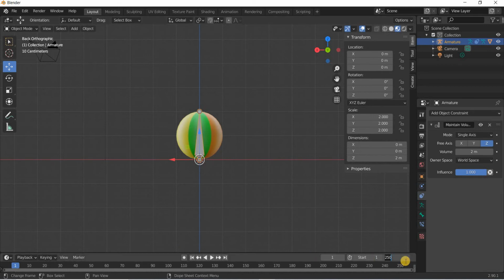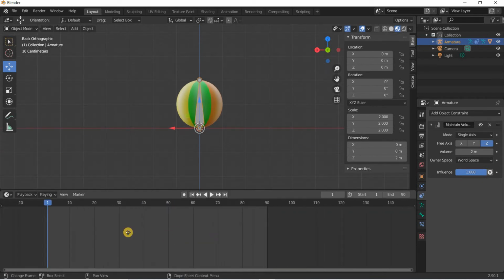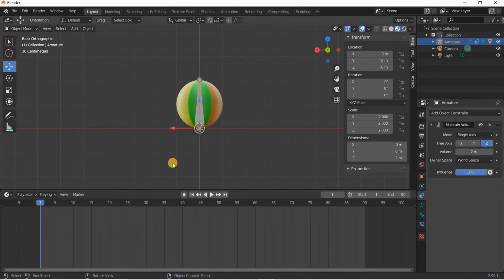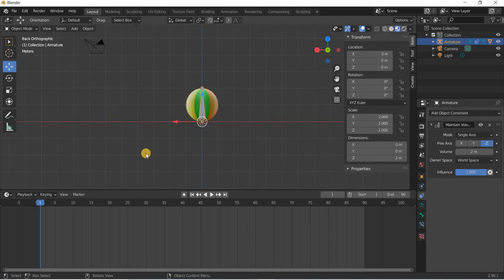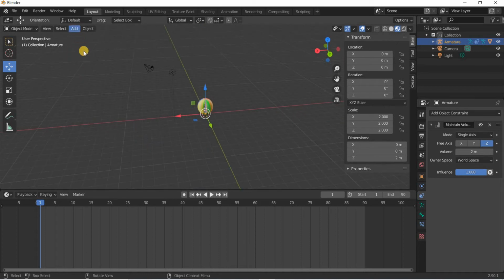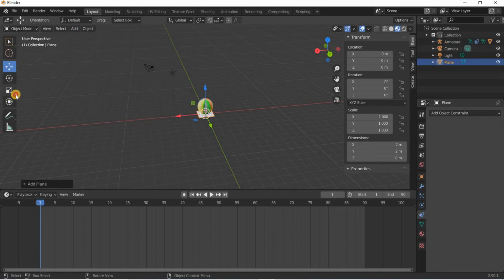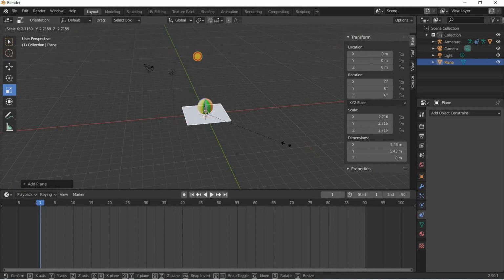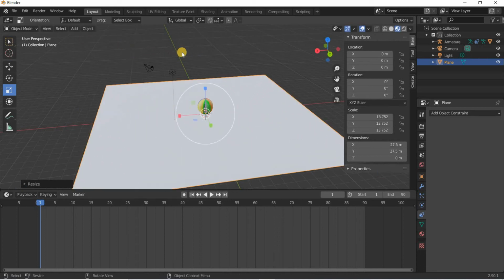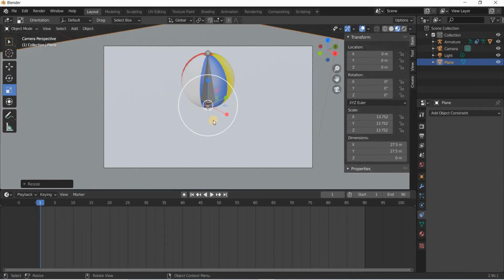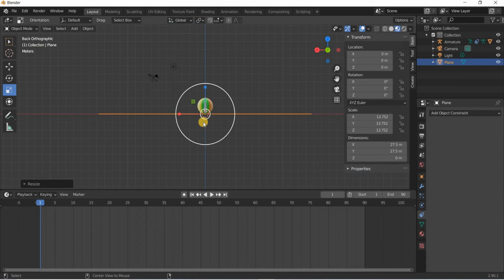So our end frame is somewhere like 90. Okay, so this is our area of animation. We will create our scene, so we'll add a plane. We want the animation to be captured by the camera, so we'll select the camera viewpoint camera,